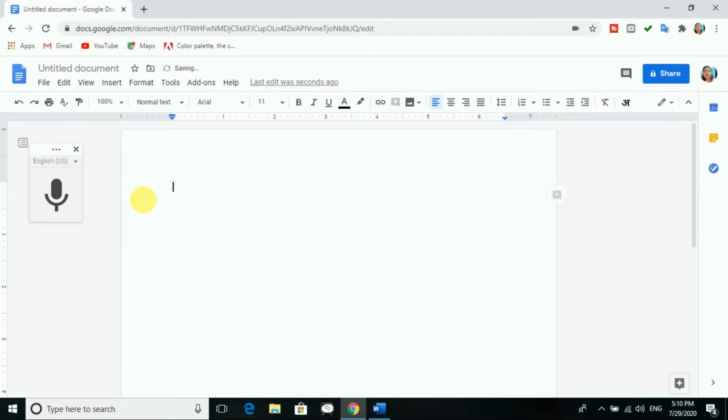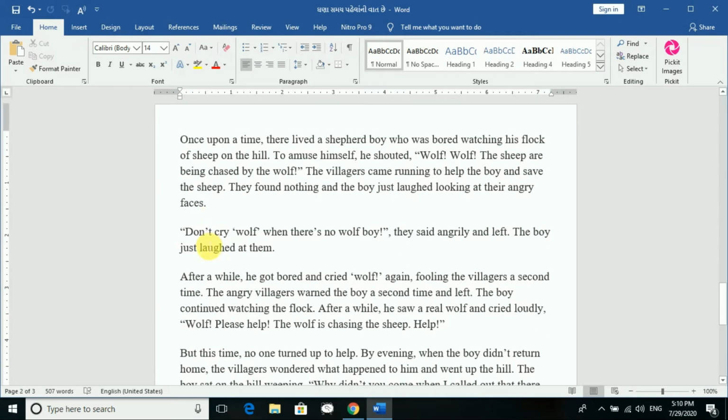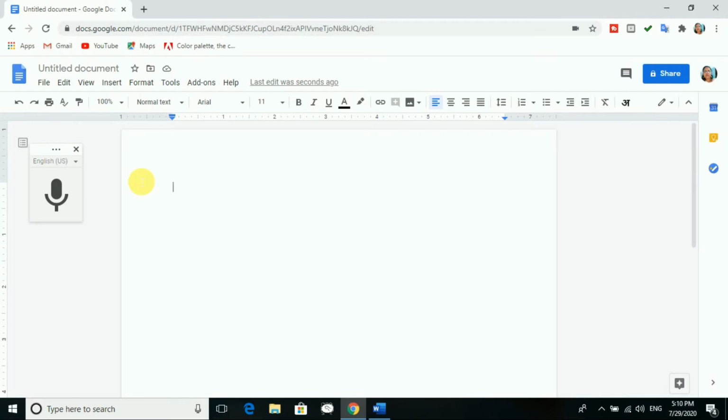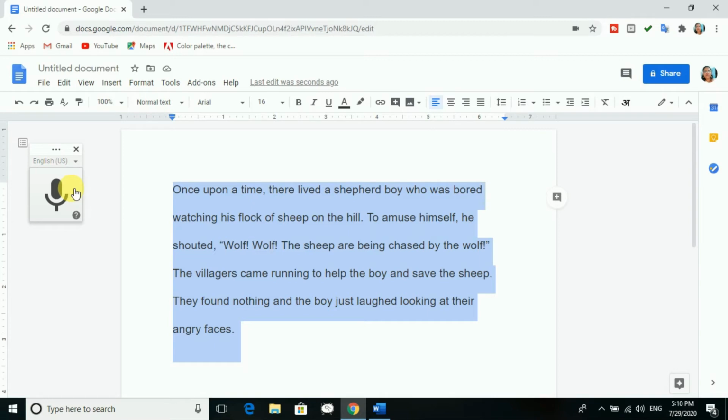Okay, so now I'm going to show you how we can translate it in different languages. I've already made one file. In that I have the English story. Okay, in that one paragraph I will just show you. This one paragraph I'm copying and pasting over here. Now I want to translate this in Hindi. Yes, it is possible. Even by voice typing you can do it if you are having it in your textbook and you want to write it in the Word file, then you can do it with the help of voice typing in the laptop. Yes, now I will go with the tools.